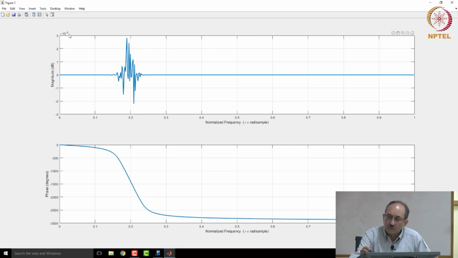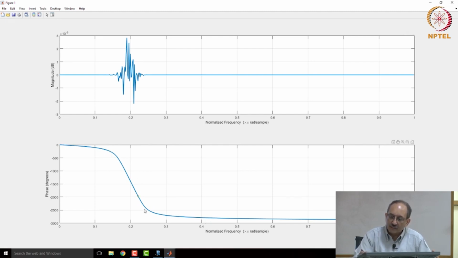This magnitude, if you notice, is 10 to the minus 3. So, that is why you see something here, and really if you zoom out, this fluctuation will not be seen. You are seeing this fluctuation as if it is something significant because the scale is very, very narrow. It is zoomed in. If I zoom out, this will be a constant, and this change of 10 to the minus 3 will hardly be visible. And again, this is happening because the poles are not exactly at the location they have to be because of numerical precision. So, this is the all pass section, its magnitude is all 1, and this is the phase response,